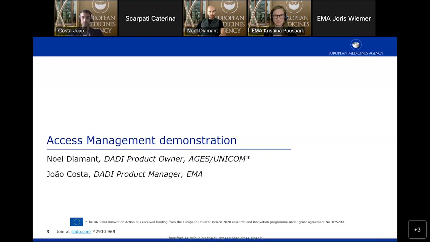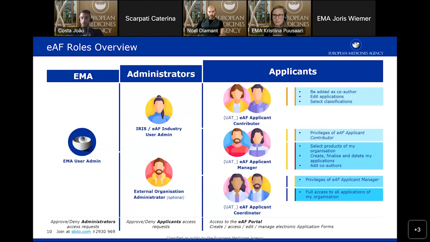So for now, just a quick word on access. As we have presented in, I believe, July and the months before that, June, we have several roles available depending on whether you are an industry member or from the NCA sites. Both will get access to the system, but what is necessary is that you have to be registered. This is an online system. We're managing your draft applications for you. You can save them, but it means you need an account.